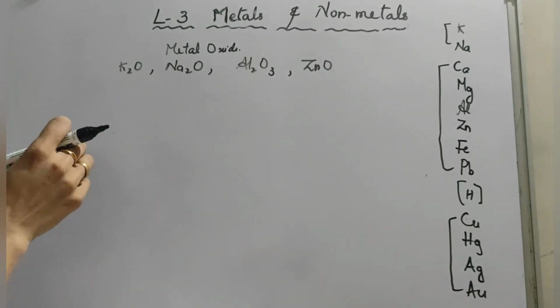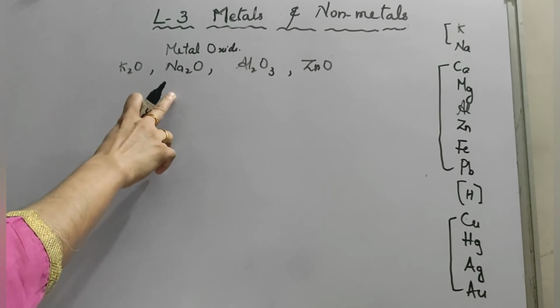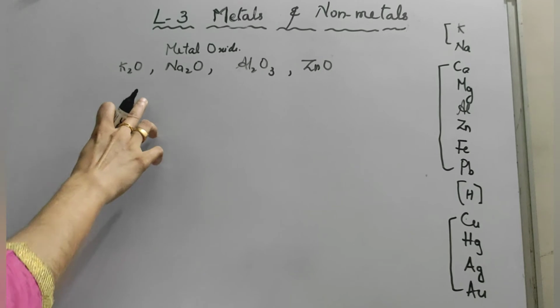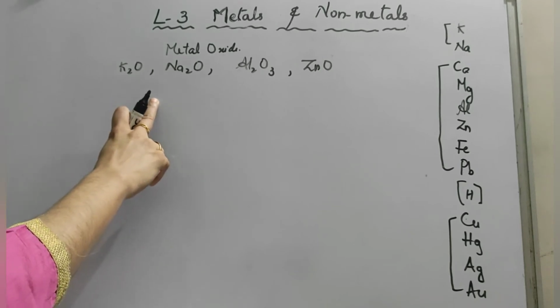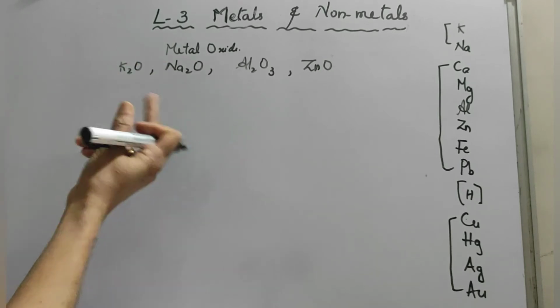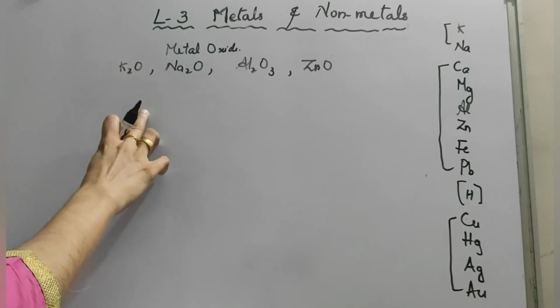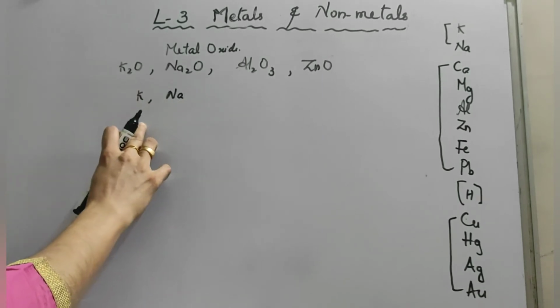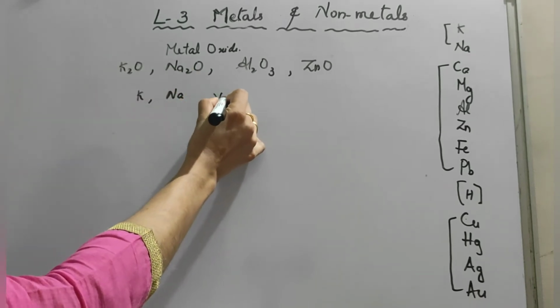We have observed that all metals do not react with oxygen at the same rate. Different metals show different reactivities towards oxygen. That we have to check. Metals like potassium and sodium react vigorously with oxygen,